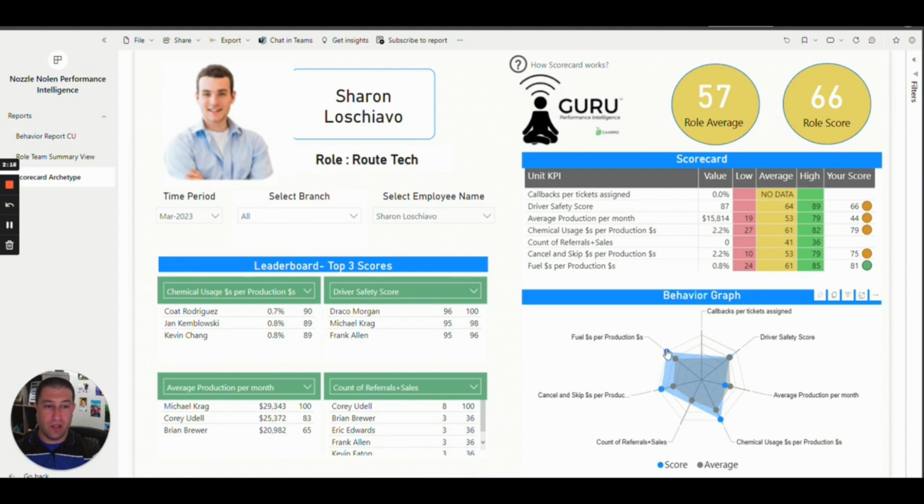Like in this case, Sharon actually is above the average on just about every category. So we know she's a really good performer. And if we saw someone that was struggling in one particular area, if she was down here, then we know that